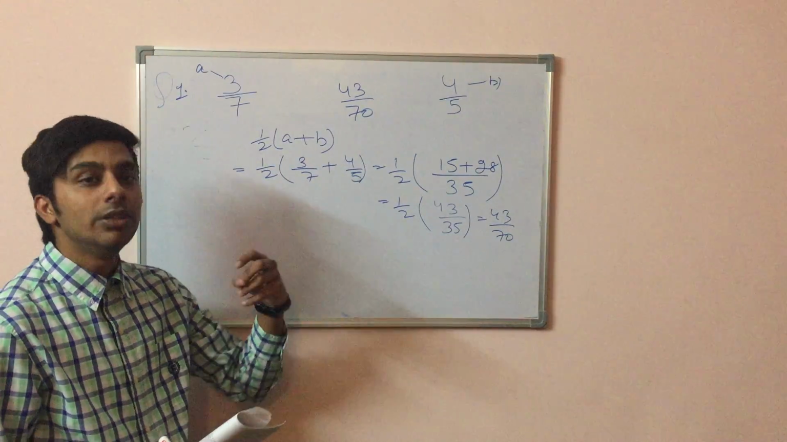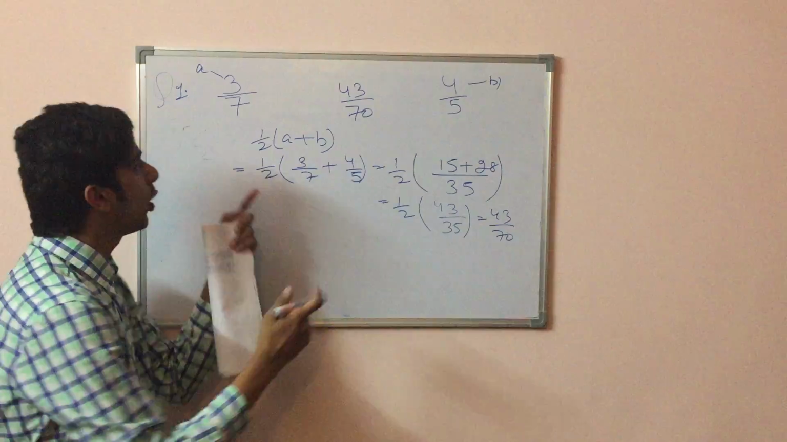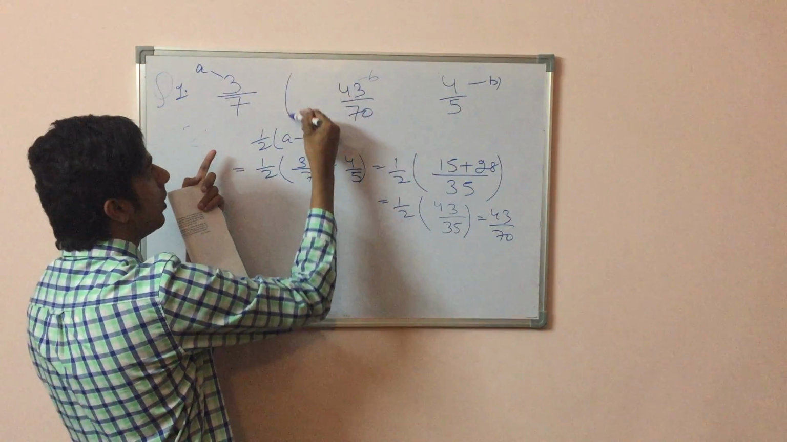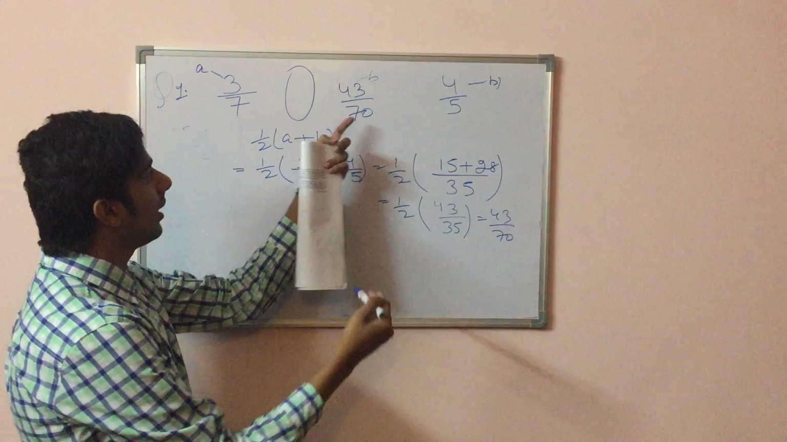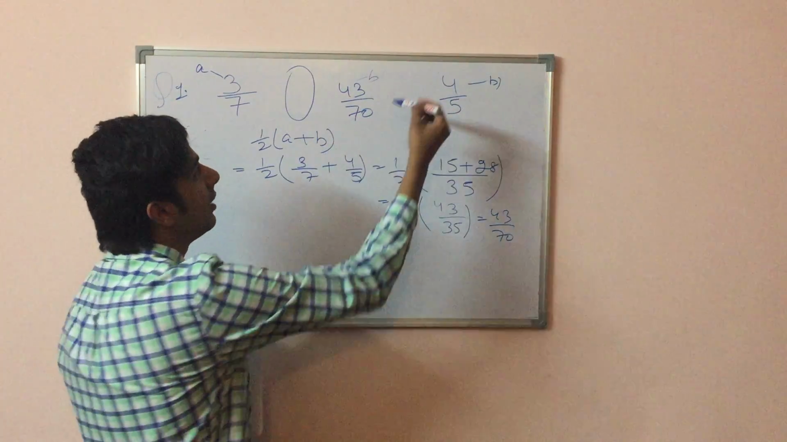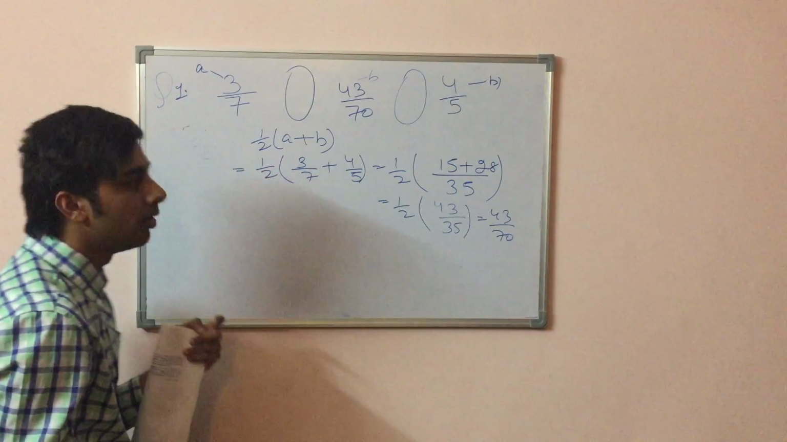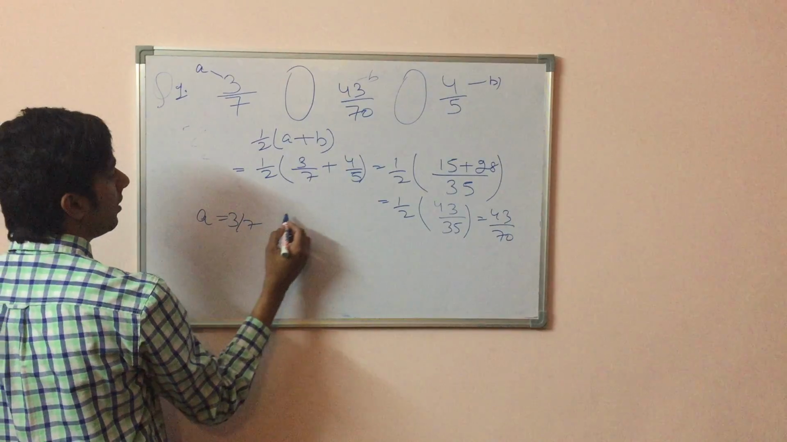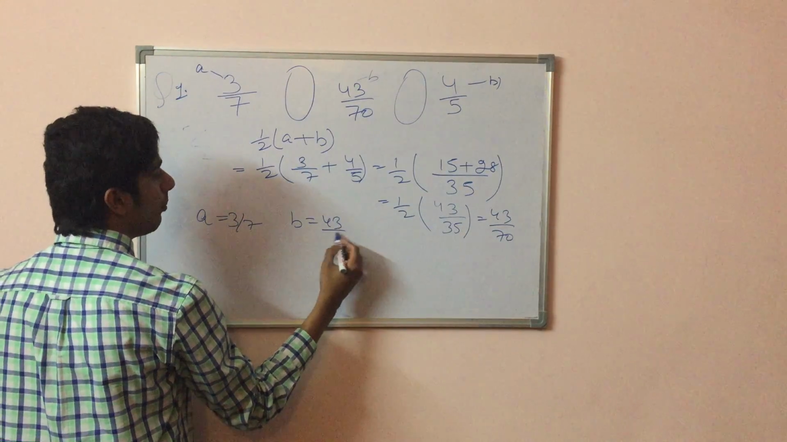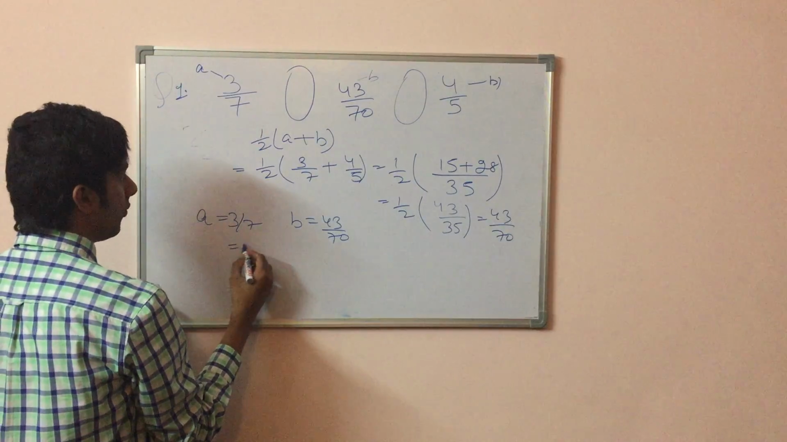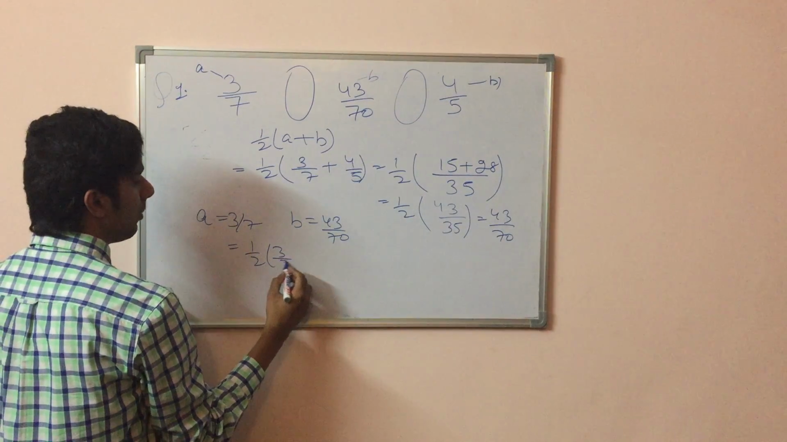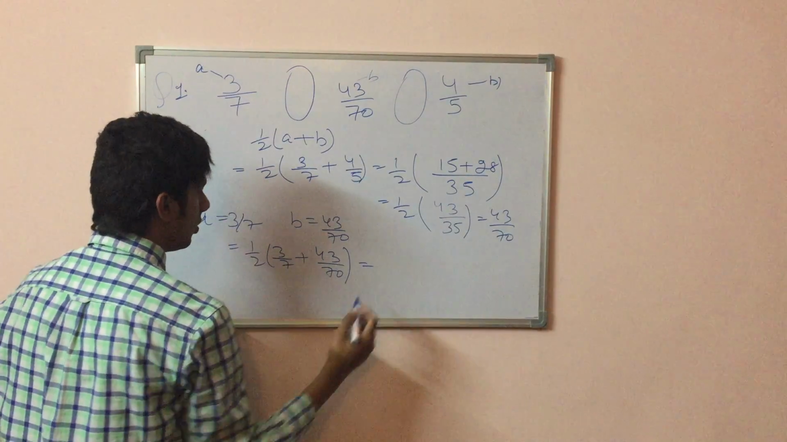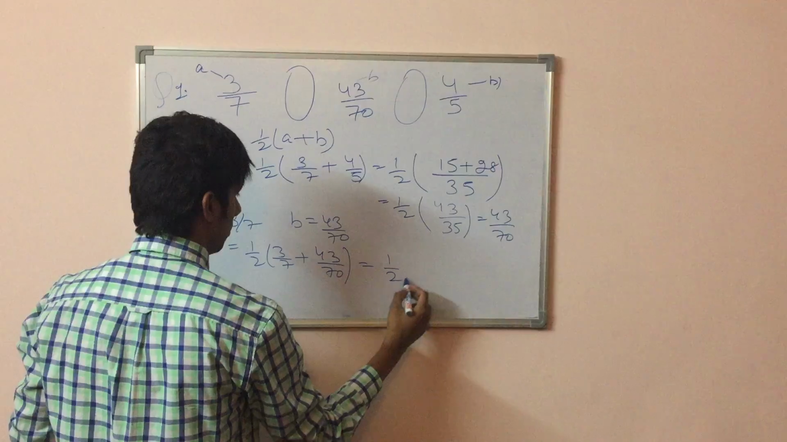Now you have to calculate one more number also. Now it's your choice whether to take this as A and this as B, you will get one number between these, right? Or you can take this as A and this as B, then you will get a number over here. I'm just taking this as A, right? Your A is 3 upon 7 and your B is 43 upon 70. So putting the formula into it, half of 3 upon 7 plus 43 upon 70, you will get